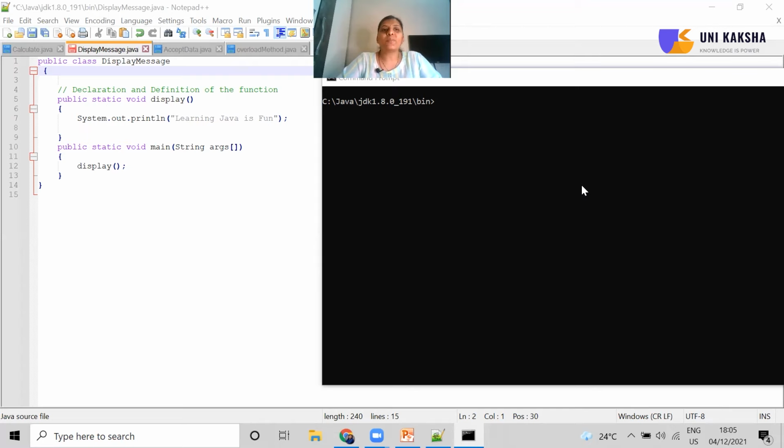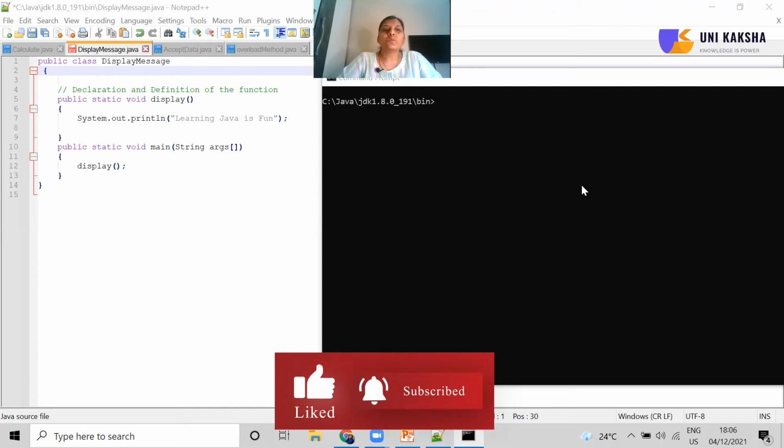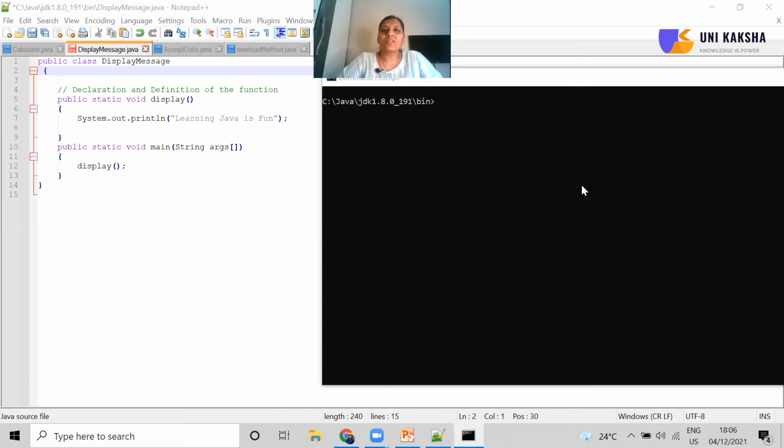So here also I have written a method. The name of the method is display. It is a very simple method. I have used the access specifier public, then the keyword static. If you are using the keyword static with the method, it means there is no need for using any kind of object for calling that method. So here the method is a static method and its return type is void. It means this method is not going to return anything to the program. Then we have written the name of the method, display, and no parameters have been passed with this method.